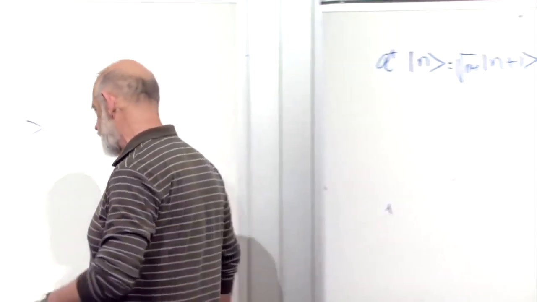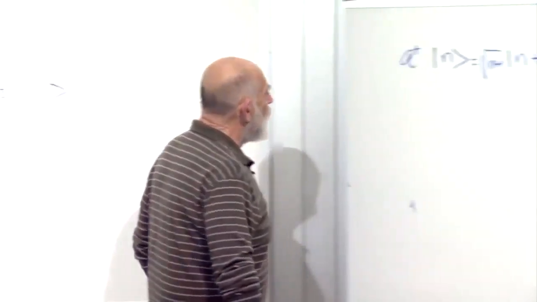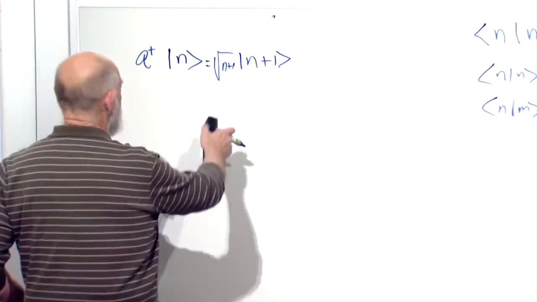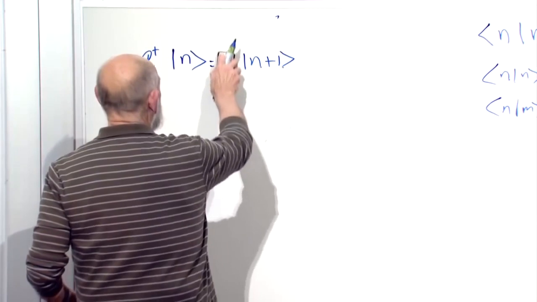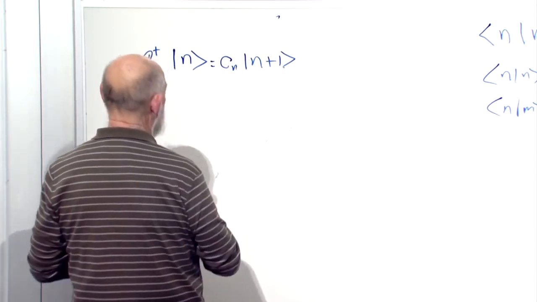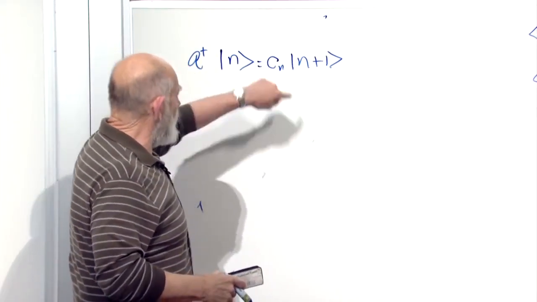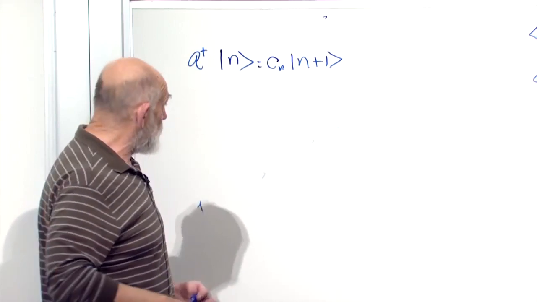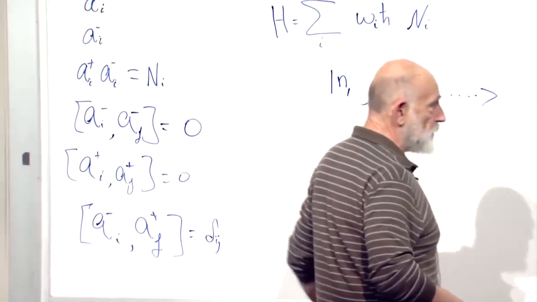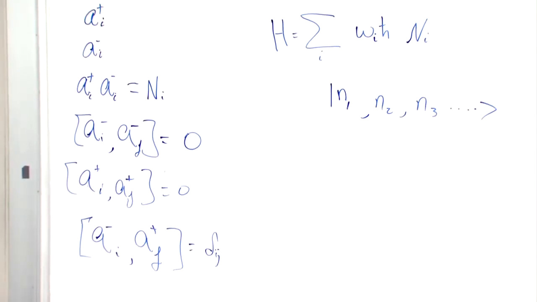Let's see if we can prove it. We can do it over here. Okay, let's not put the answer in. Let's just call this some numerical coefficient, and we don't know what it is yet. It's some Cn, and we're going to try to figure out what it is. What's our tool? Our tool is the commutation relations for the oscillators. It's a single oscillator now, not multiple oscillators.